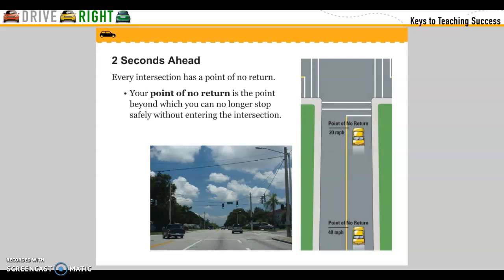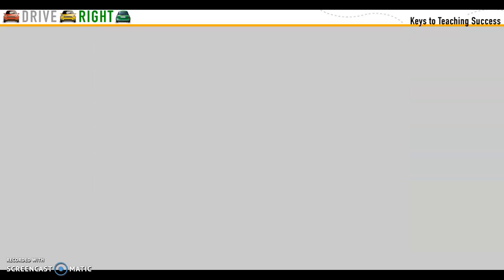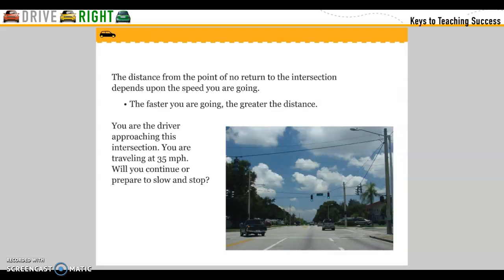2 seconds ahead. Every intersection has a point of no return. Your point of no return is a point beyond which you can no longer stop safely without entering the intersection. The distance from the point of no return to the intersection depends upon the speed you are going. The faster you're going,